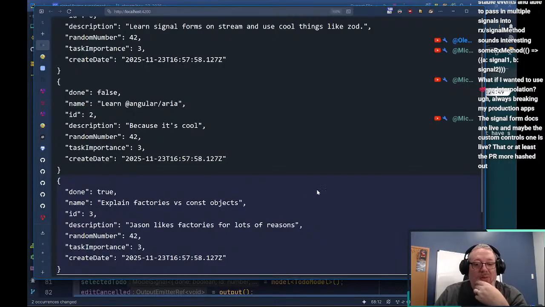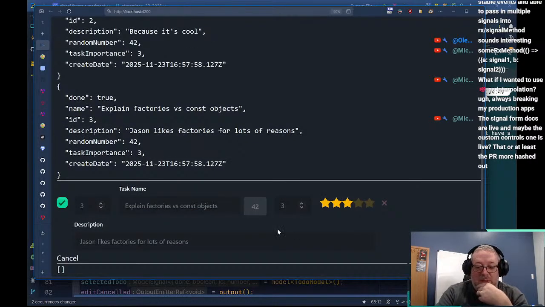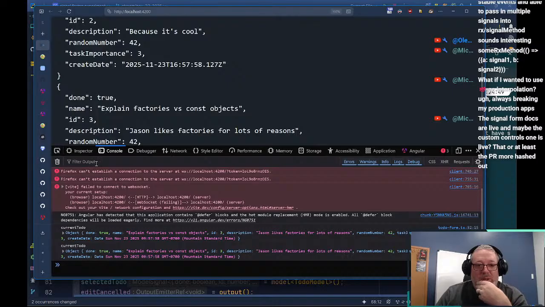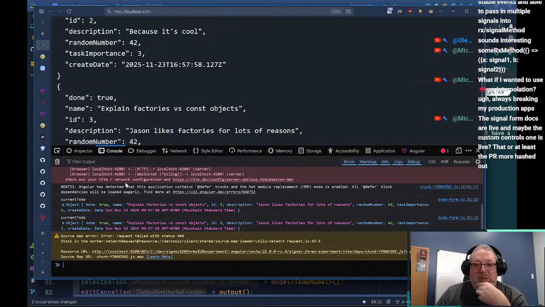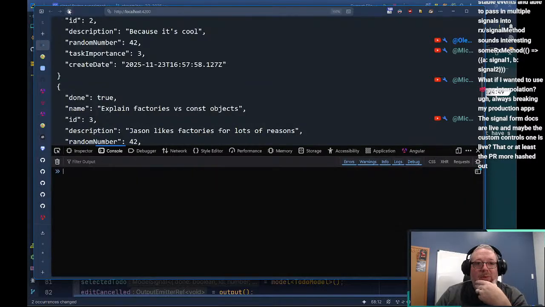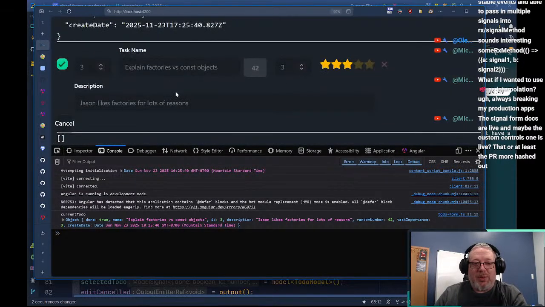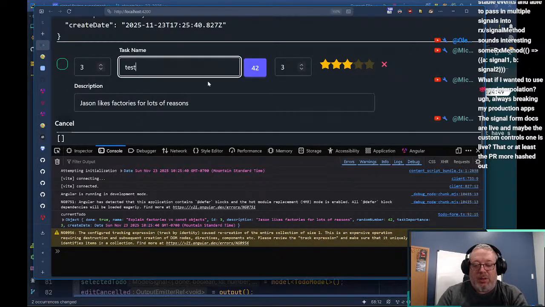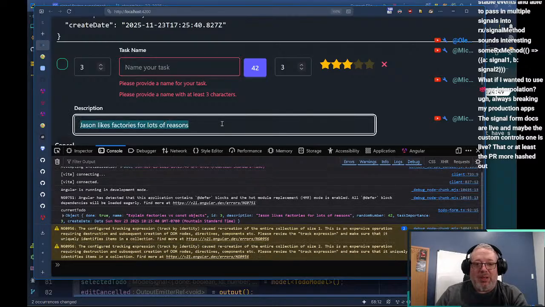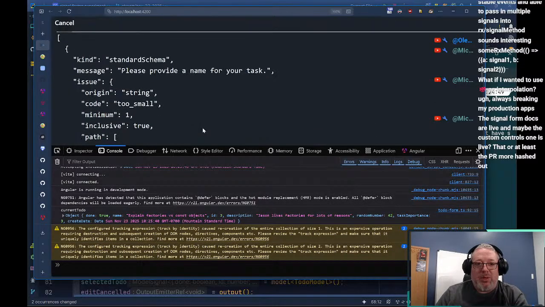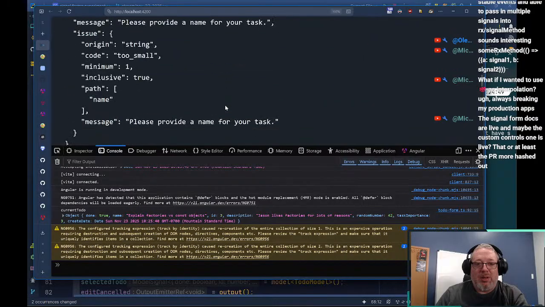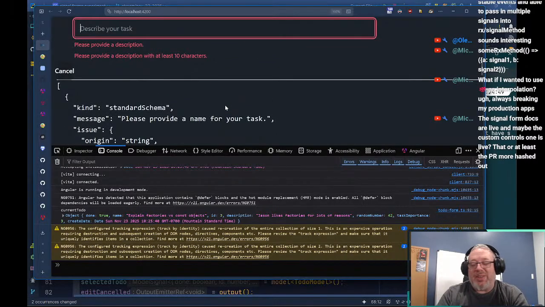So if we pop this open and bring up our console, let's go ahead and clear it and refresh. So everything looks good here. When we bring this up, this looks good. We're getting that. And we're getting that. It looks like they've changed it back. So the stuff we were doing with field tree is no longer necessary.